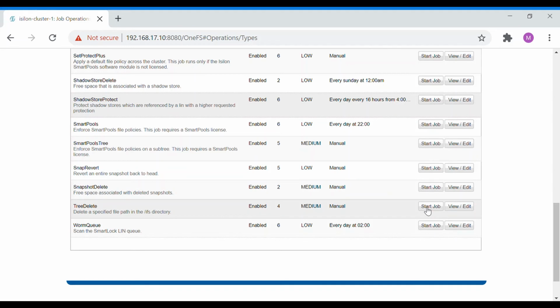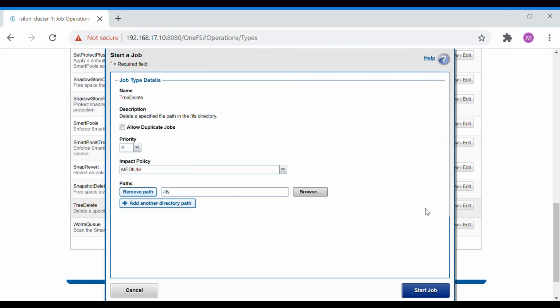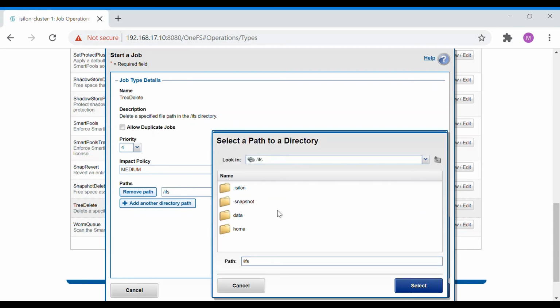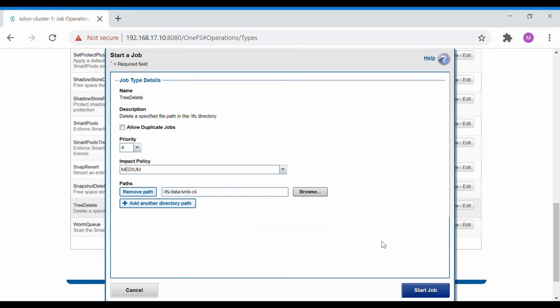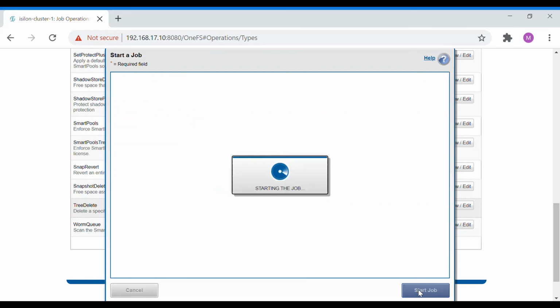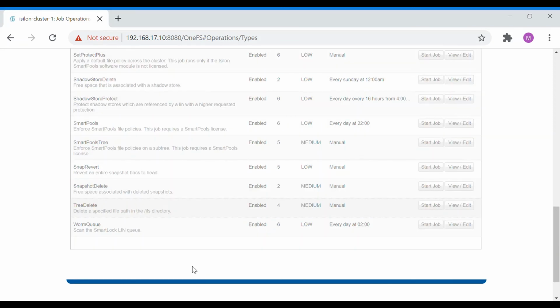To start this job, you need to give the path which has to be removed or deleted. You should be very careful before running this job, because running this job will delete the complete data in that particular directory. So when you run this job, that particular directory gets deleted.